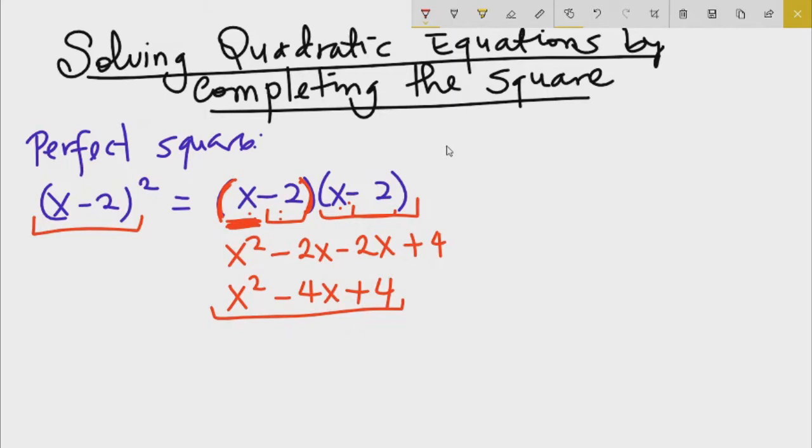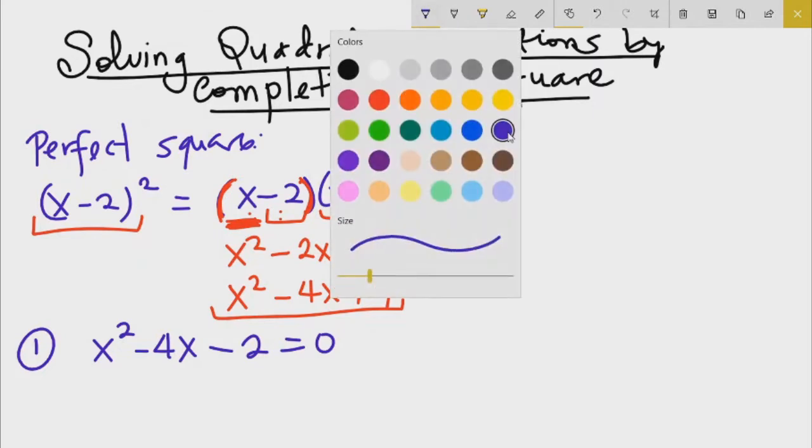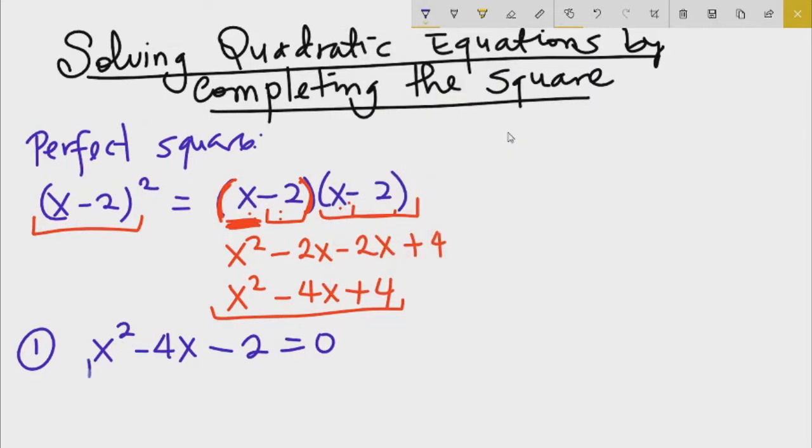So what happens if I ask you to solve a quadratic? I'm giving you the very first example now. If I ask you to solve x² - 4x - 2 = 0, let's say I ask you to solve this quadratic. Definitely, we know that this is not a perfect square because if it were to be a perfect square, it needs to have x² - 4x + 4. So to make this into a perfect square,